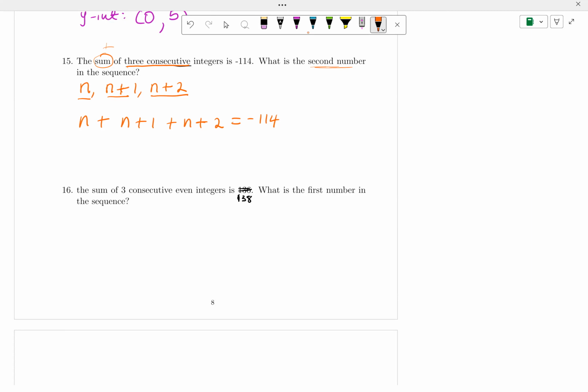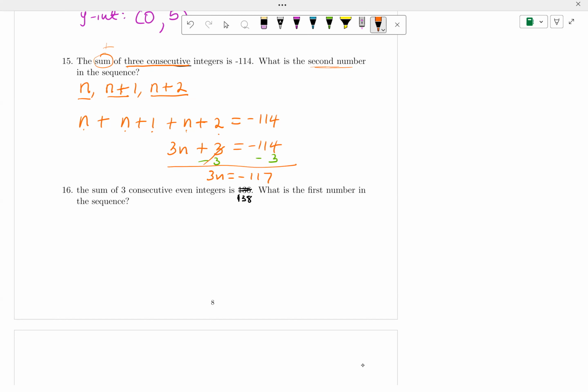Like terms on the left side: n plus n plus n is 3n. 1 plus 2 is 3. So the left side is simplified. Now we need to get n by itself, so we subtract 3 from both sides. And these are going to cancel out. 3n equals